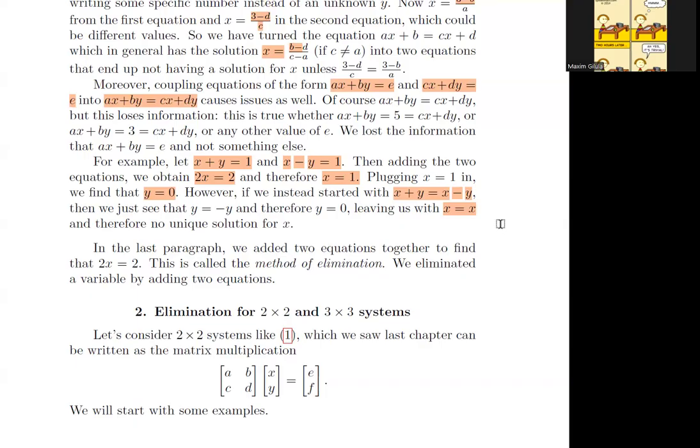This chapter will basically be about what methods are legitimate for combining the equations and what language we can use to talk about it. So this step right here, adding the two equations, is actually called the method of elimination. We eliminated y when we added these two equations, and we were just left with 2x equals 2. So this is actually really useful, and we're going to talk about this.